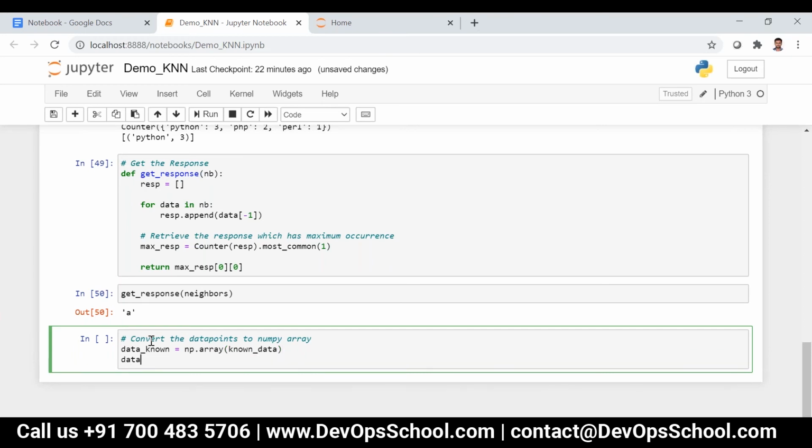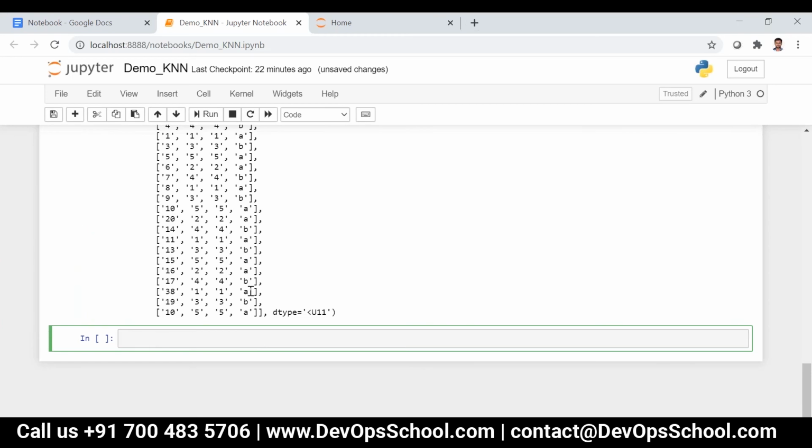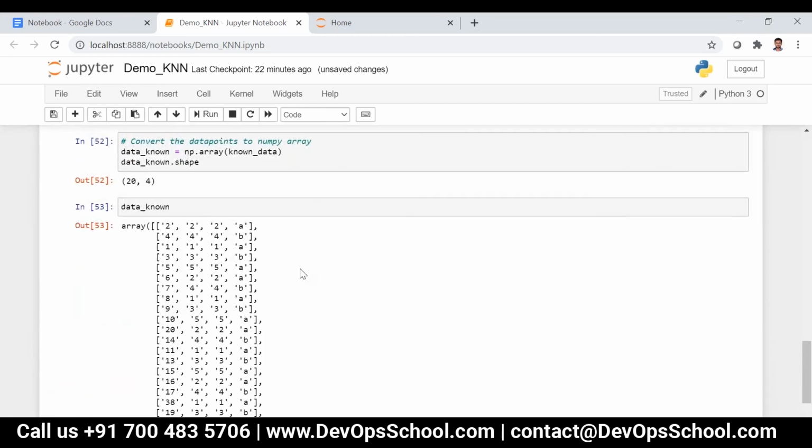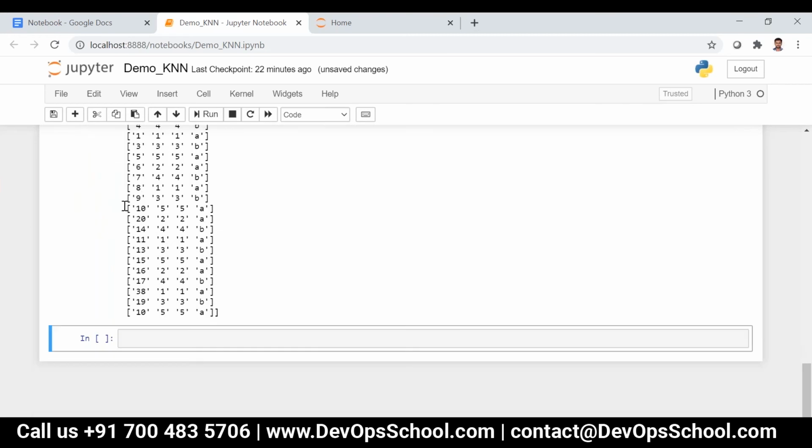Now I can say data_known.shape. If I just printed data_known, you can see everything is in NumPy array now. It's not in the list format.